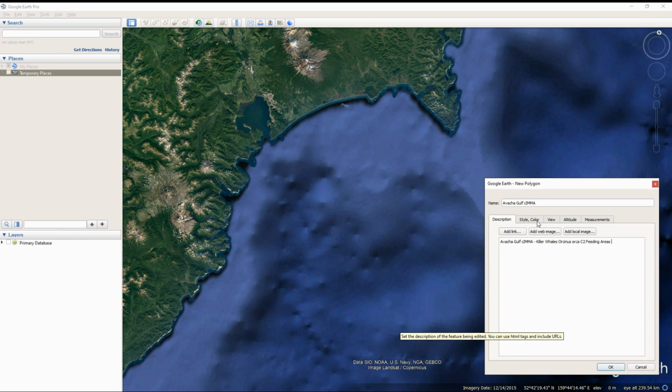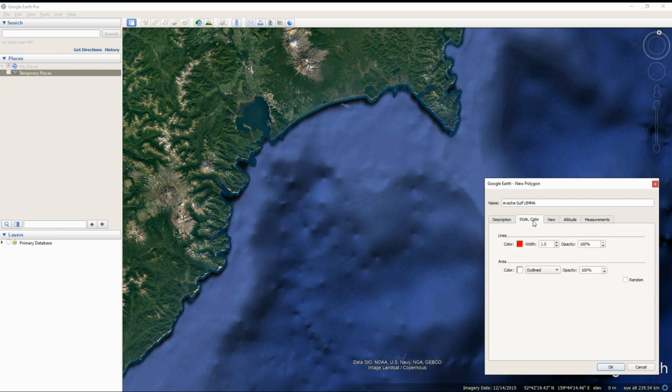So when we've actually put this information in here, we can also decide how we actually want to have the lines. So in this case I'm suggesting that you, for your lines, use a color red for the outline, and for the area, in fact you don't want to color the area in, we just want to have it as an outline for the place.